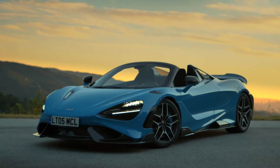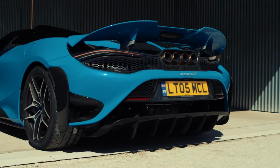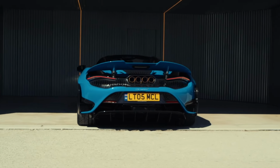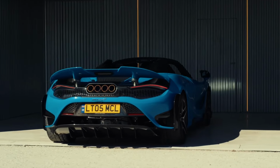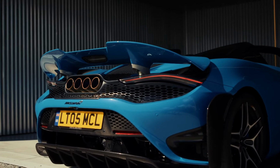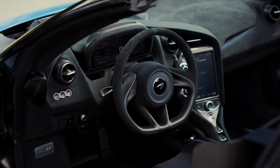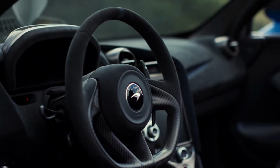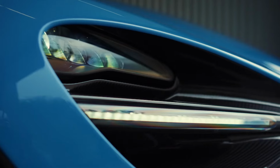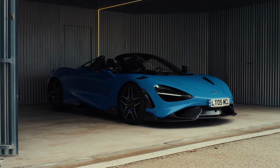McLaren has just unveiled its most powerful open-top supercar to date. McLaren revealed the new 765LT Spider today. The 765LT Spider follows the proven formula of its coupe counterpart, mixing a high-performance powertrain with a lightweight body and a motorsport-inspired cabin. The automaker promises the convertible will offer the same levels of structural rigidity as the 765LT coupe,